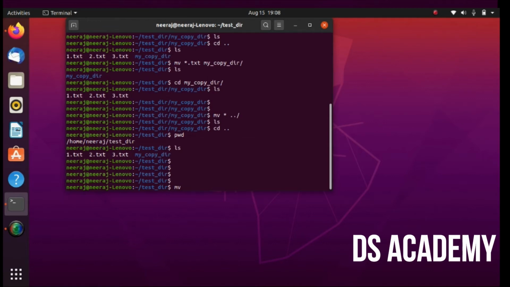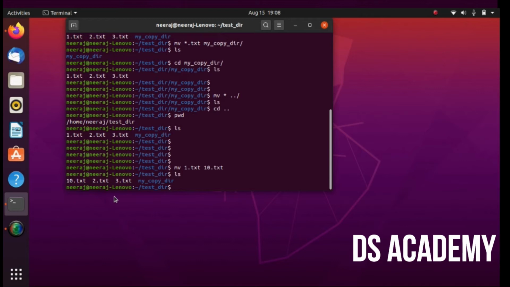Now mv command is also used to rename a particular file. Likewise, I have 1.txt and I want to rename it as 10.txt. Then what I can do is this is my source, this is my destination. Basically both are at the same folder, but I am just renaming the file.